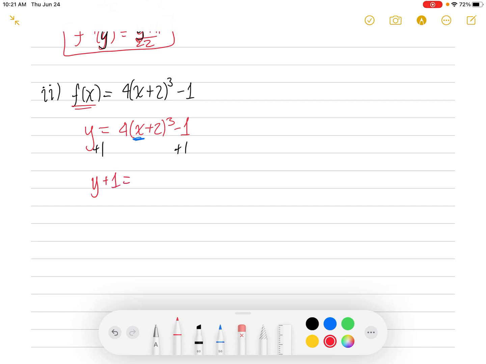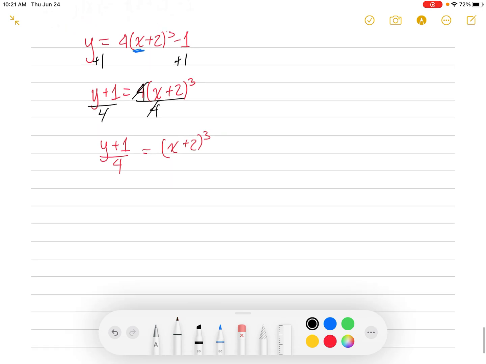Step 2 is to solve for x. So I want to get this x here by itself. So to get x by itself, I'm going to add a 1 to both sides. So I'm going to get y plus 1 equals 4 times x plus 2 cubed. Okay, now I have to get rid of this 4 right here. So I'm going to divide both sides by 4. And the 4's cancel, and I'm going to get y plus 1 over 4 on the left equals x plus 2